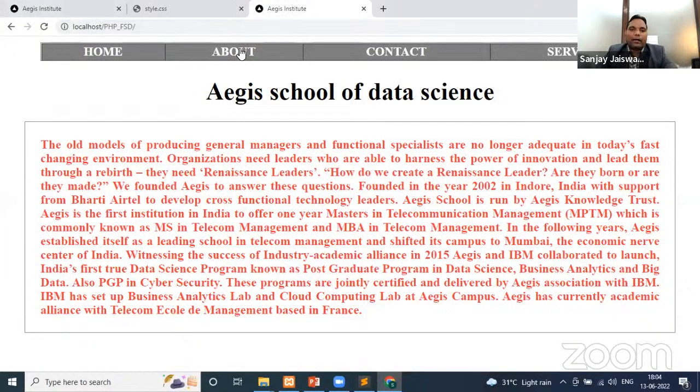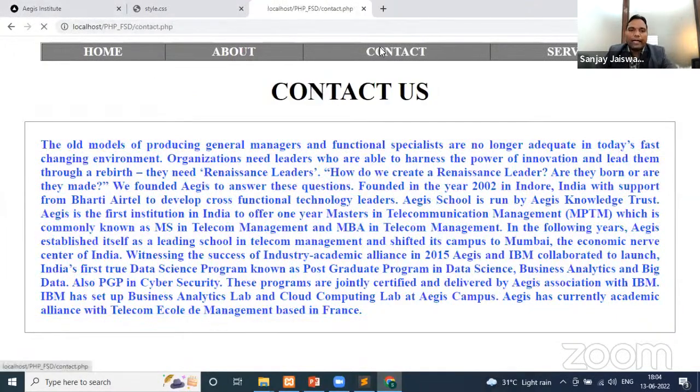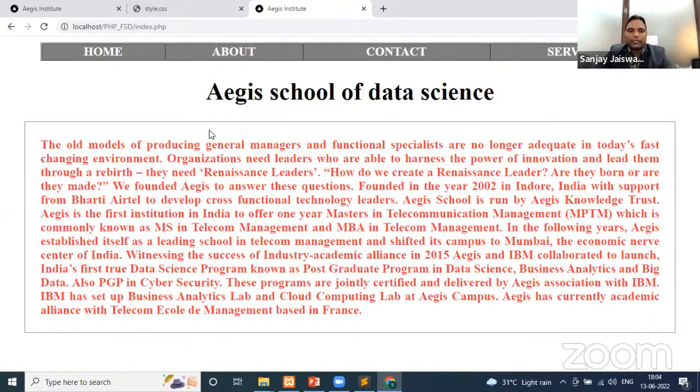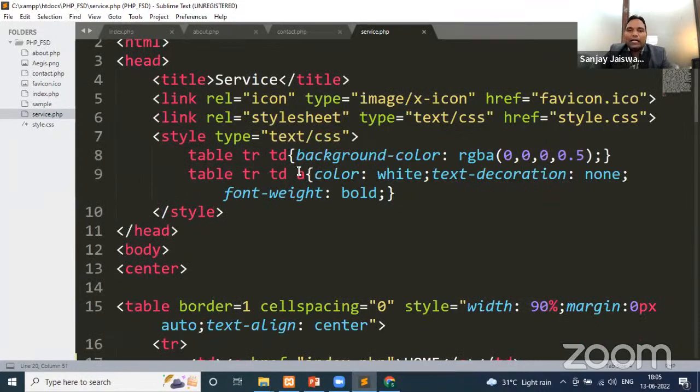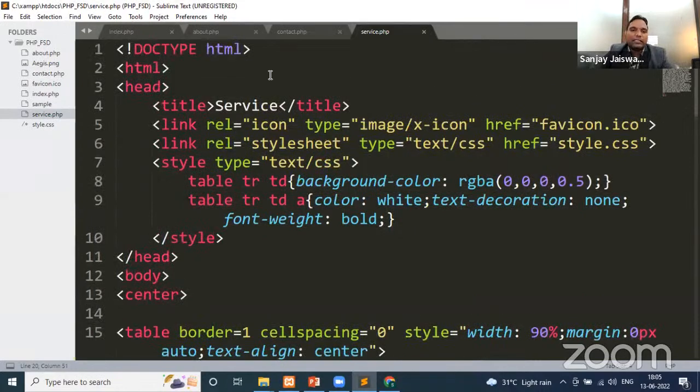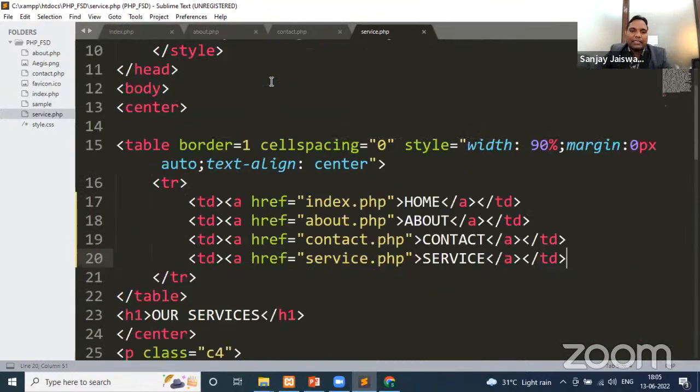And now I have our about.php, contact.php, service.php, and again home.php. So one thing you have learned here is that a PHP page can also contain your HTML tags. Okay, so when we use HTML tags directly, they will be rendered on the browser as normal HTML tags. But we can also have our PHP tag inside our